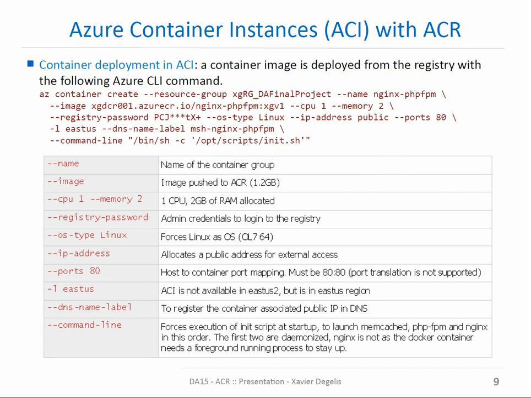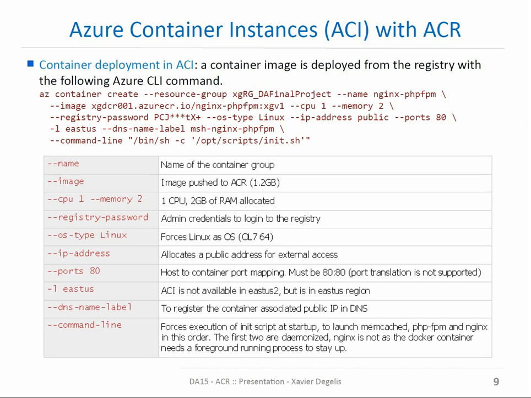Now that the registry is healthy with the image uploaded, we are now going to test the ACR registry from Azure Container Instances, also called ACI. So first, how to do container deployment in ACI. We have now a lot of detail around the Azure CLI command,